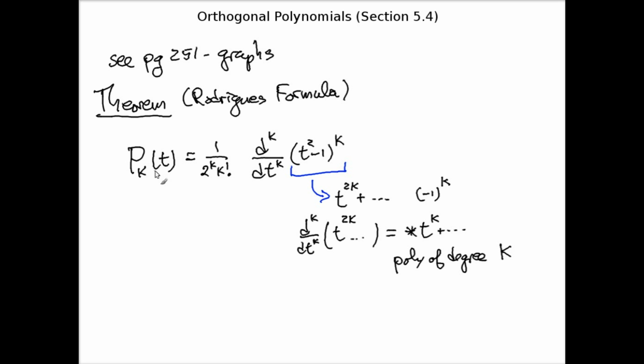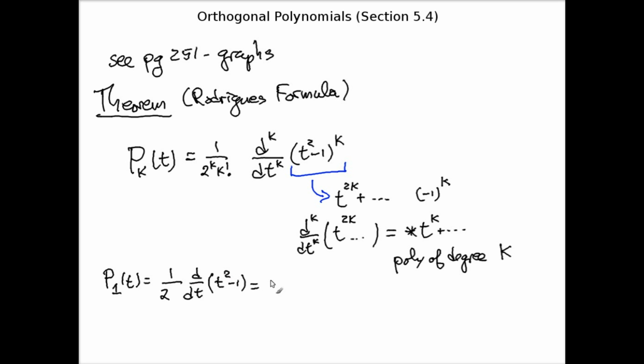And that's what the kth Legendre polynomial is supposed to be. And so, well, I'm not going to prove this formula, but let's just write down the first couple of examples. So, for example, P1 of t, according to this formula, is 1 over 2 times the first derivative of t